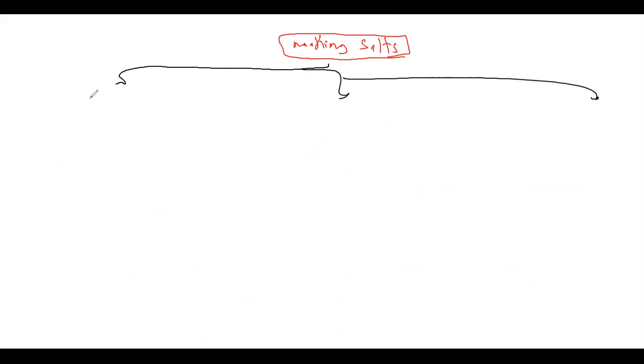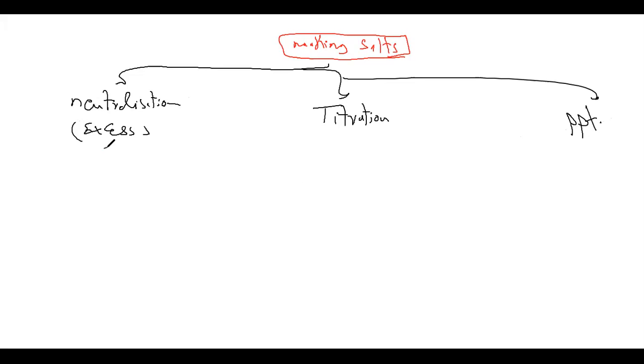After that, for making salts, how can we make the salts? We have 3 methods for making salts. First one, neutralization or excess method. Number 2, titration. Number 3, precipitation. For the first one, neutralization is formed between